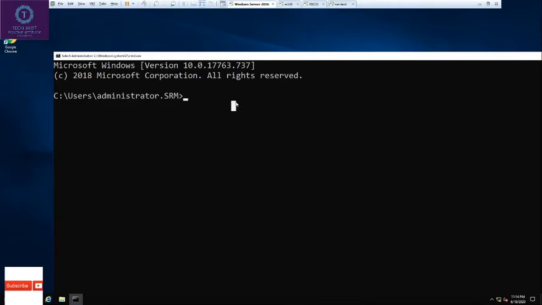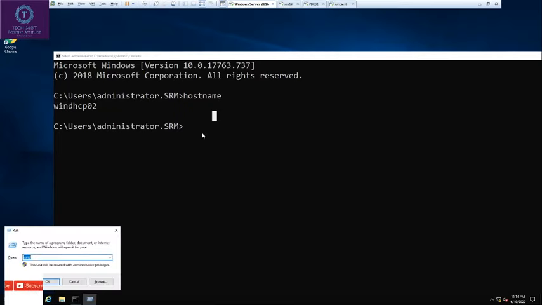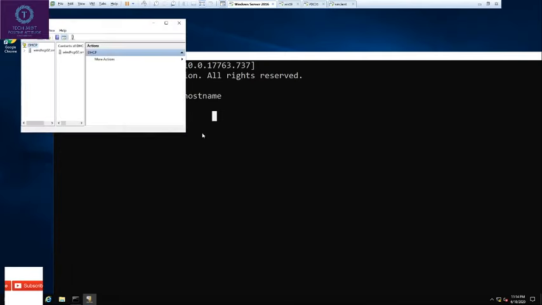This is my DHCP02 server. Hostname WinDHCP02. To open DHCP console, there are two ways. One is either you write the command or Windows run, type dhcpmgmt.msc, hit enter.